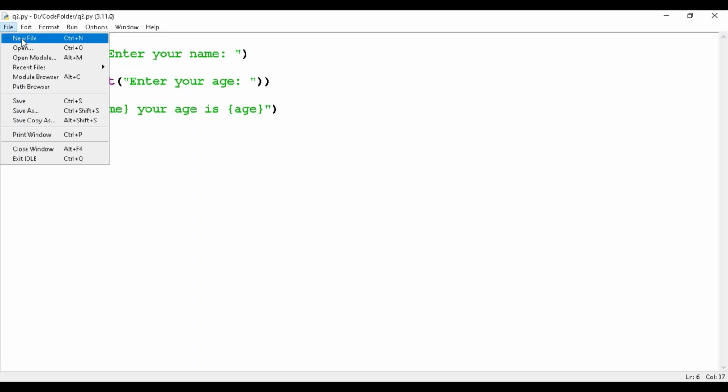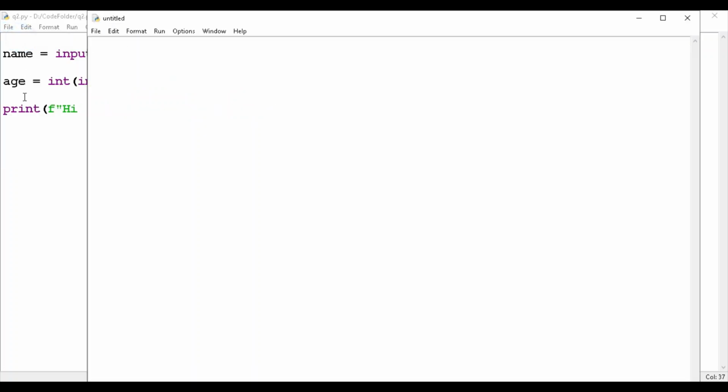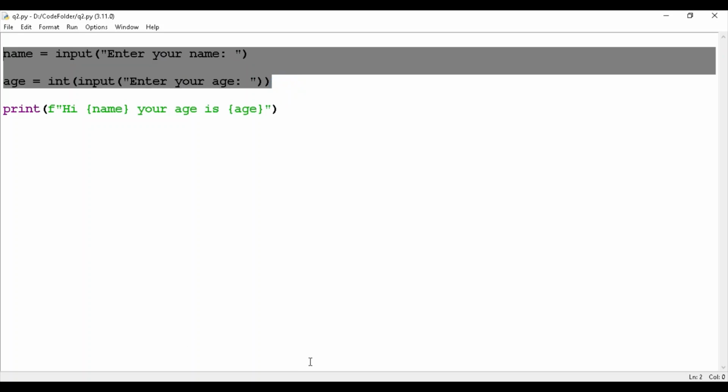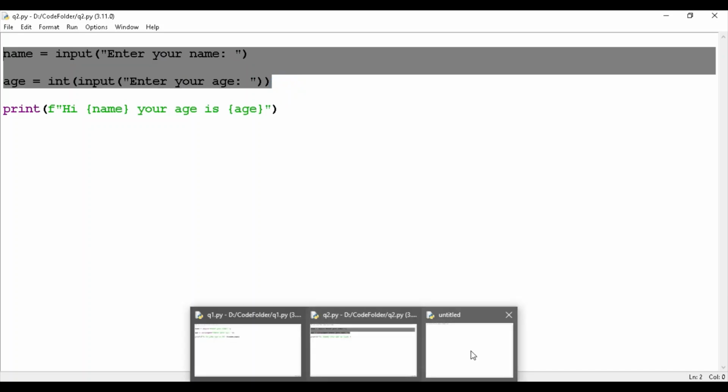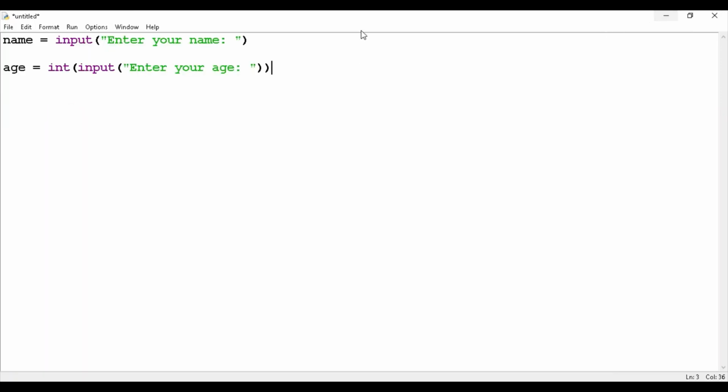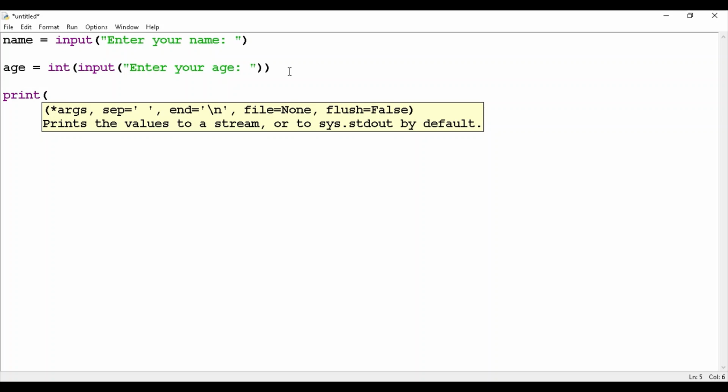So now I will create a new file and I will copy paste this code in that new file. So next, here we have to use the format method. So here I am taking "Hi", and I am taking here a replacement operator.